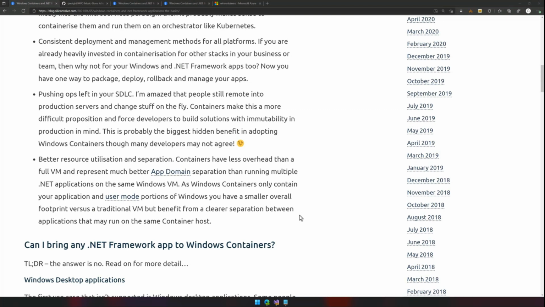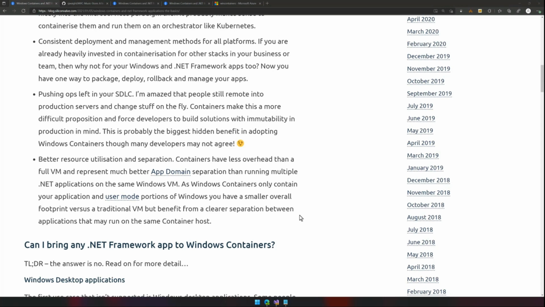The last one is maybe you have requirements for better app separation. So you could potentially be in a highly regulated industry, or potentially you're running in a business that is doing multi-tenanted applications, but your application design doesn't lend itself to clear separation when running inside of a single app domain or inside of a single instance or virtual machine. So Windows containers and containers, generally speaking, will give you that further degree of comfort that each of the individual workloads in containers have that separation from the other workloads.